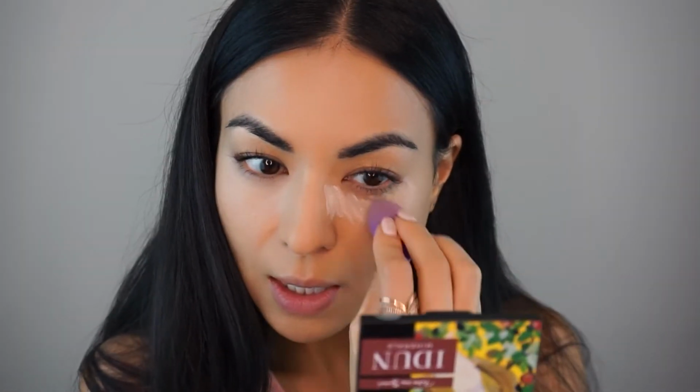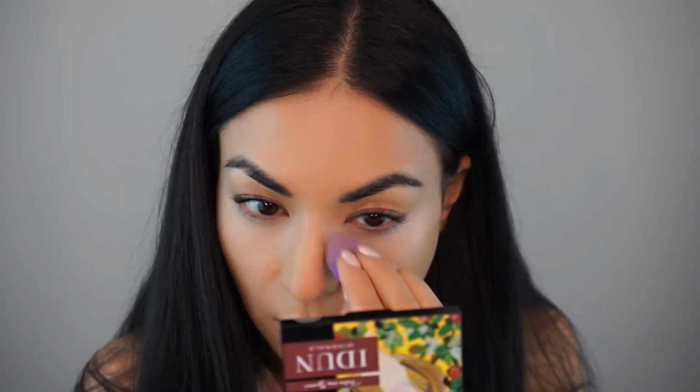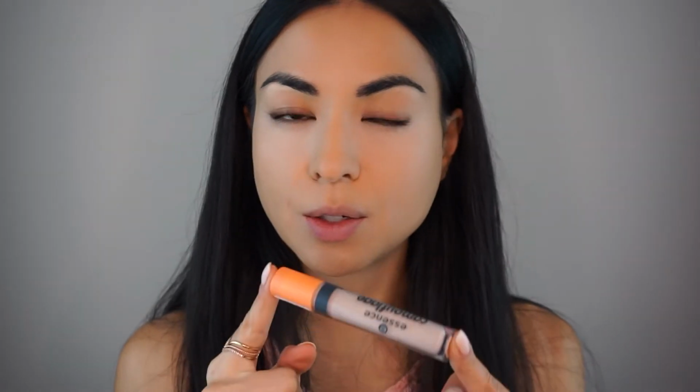This is honestly better than I was expecting. It really has a good coverage for a drugstore concealer, and it also blends nicely. This I highly recommend if you're on a budget and you need a good concealer. This really works. I'm not sure if it's not going to crease and all of that stuff, but for a first impression,